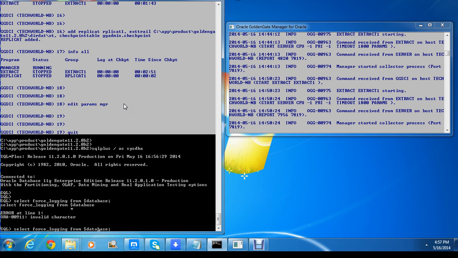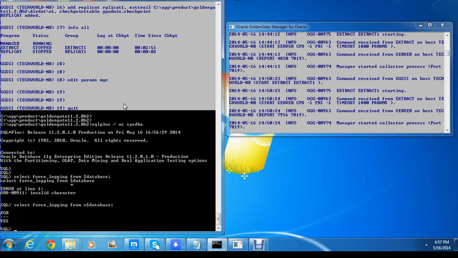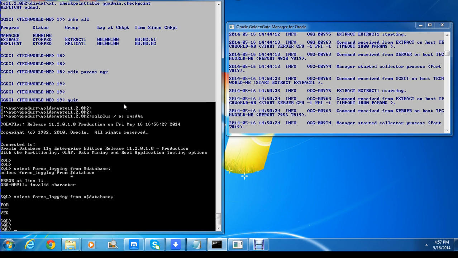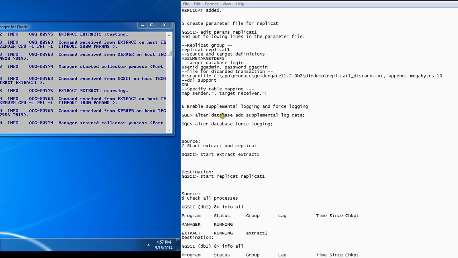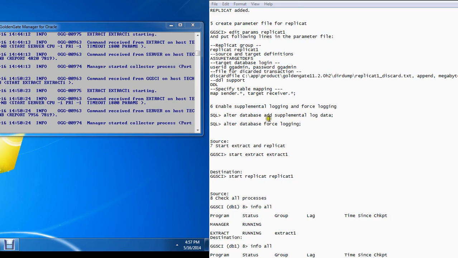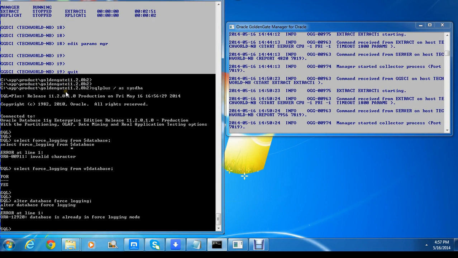What do I have? There you go. If you see no, then you have to change it to yes. How you do that is you run alter database force logging, and my database is already in force logging mode. Then you also need to make sure that you have supplemental log data enabled. You can run alter database add supplemental log data. So if I run this command,